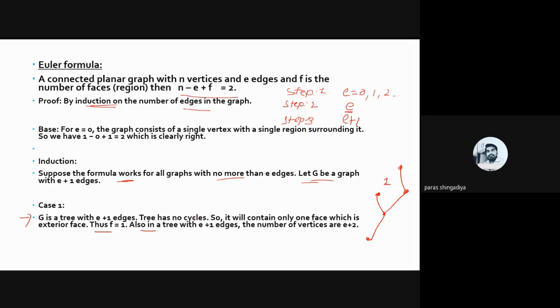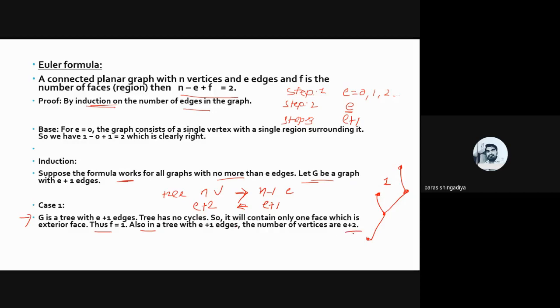ग्राफ में e plus 1 edge है, तो इसमें वर्टिसेस कितने होंगे? तो here we will use one theorem of unit number 4. ये ट्री का ग्राफ है which contains n vertices. So how many edges will the graph contain? n minus 1 edges. Okay, this tree always contains n minus 1 edges. So in place of n minus 1, we have the e plus 1 value. So how many vertices will the graph contain? अगर n के लिए n minus 1 एज है तो e plus 1 के लिए कितने वर्टेक्स होंगे? That will be e plus 2. Then we remove the minus 1 and we get the e plus 1 quantity. Okay, so vertices will be e plus 2.